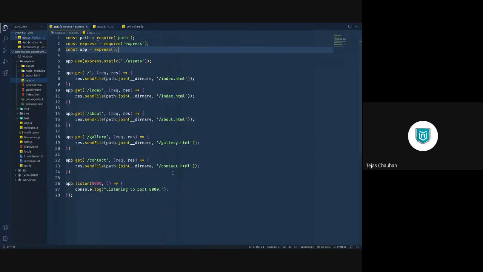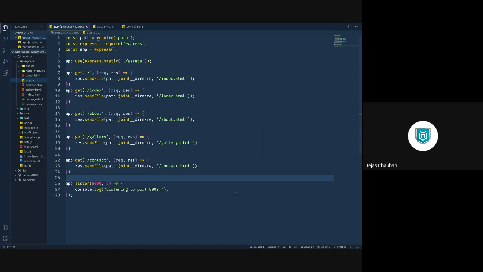Well, this is what the Express example we have seen, right? And using Express, it makes very easy to handle all the requests, routing part and so on. So this is your Node.js application where you are using Express, and you have gone for GET requests only. So all these are GET requests because we only need to return the entire HTML file. That's it. So it is just a GET request, getting data.